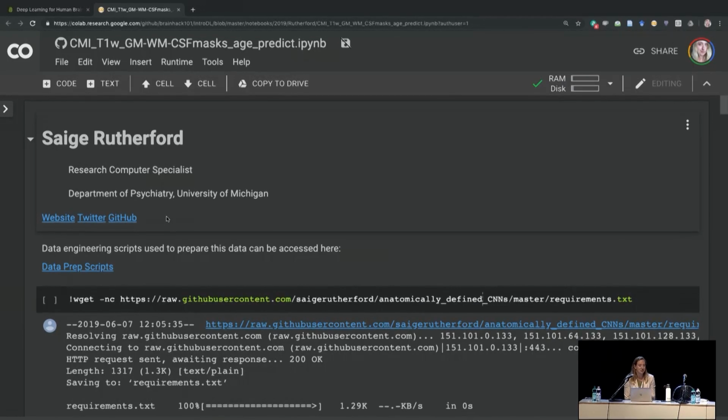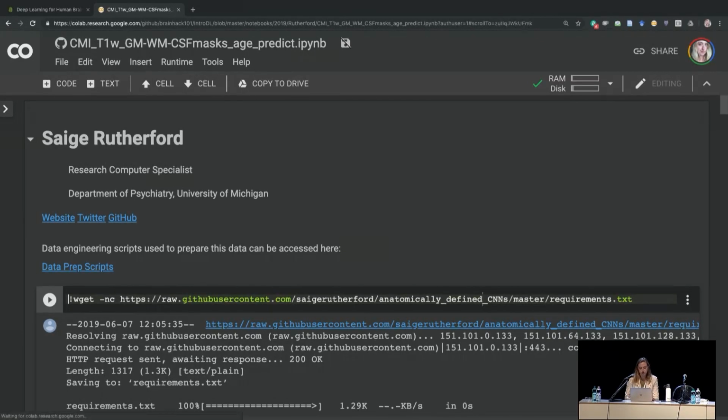or what I like to call data engineering. Doing things like making sure all of your input images are the same size, quality checking, silly things like, your files need to be consistently named in a machine-readable way, so sometimes you might need to resample or crop your images. So I've linked a few of those scripts in my GitHub if you're interested in looking at them. So let's get started.